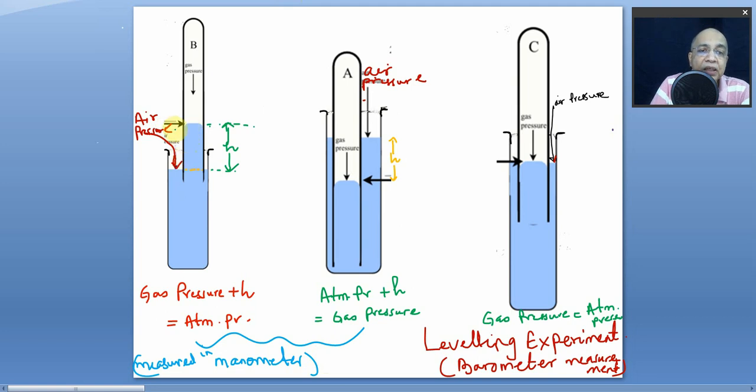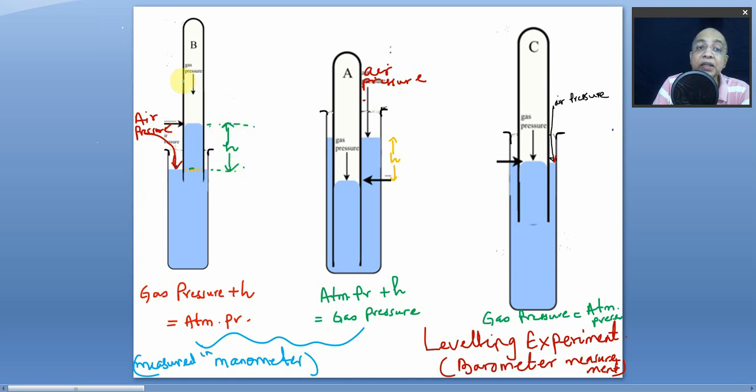Now see, here this is the same manometer but in a different form. The gas is enclosed here, no U-tube, no mercury, only water. Here it is open and exposed to the atmosphere, and the atmospheric pressure is working at this level. But there is a differential height. The gas is unable to compress to equalize the level, but the water level inside the tube is higher. So this is the differential height.